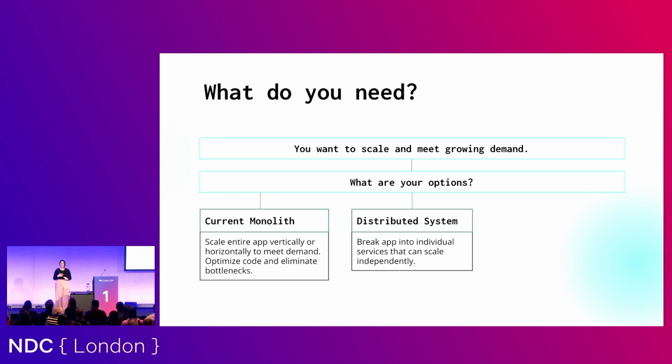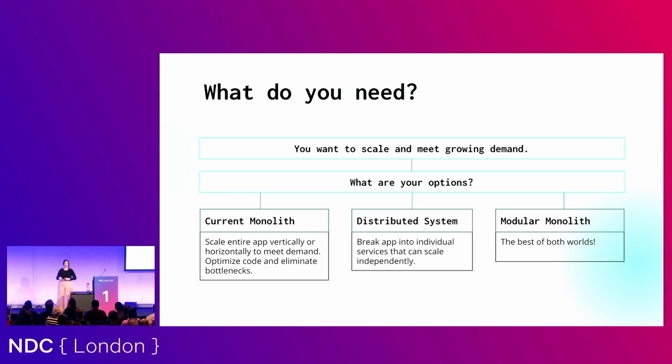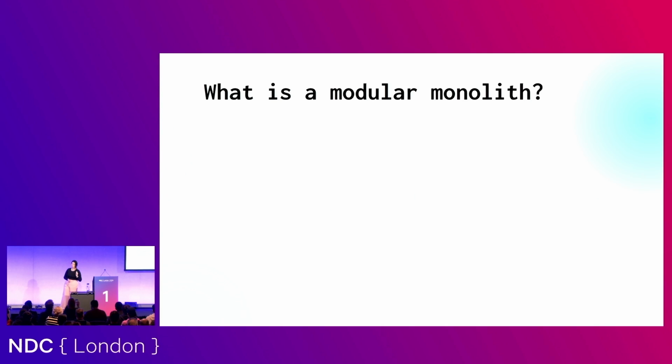So now back to this chart, we have this option. We have the modular monolith, best of both worlds, yay! Now, it has a lot of the problems, okay? So it's not all sunshine and roses. It does come with a lot of problems. We're going to be bringing that old friend in, complexity.